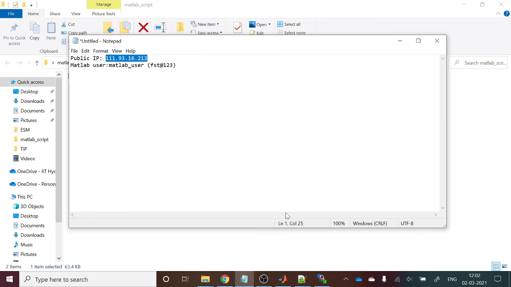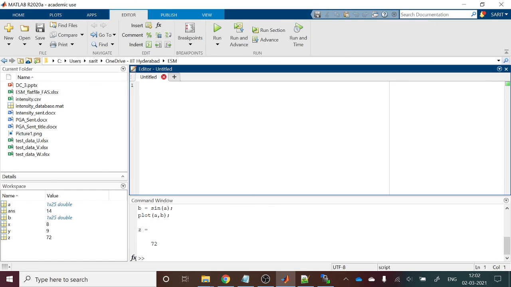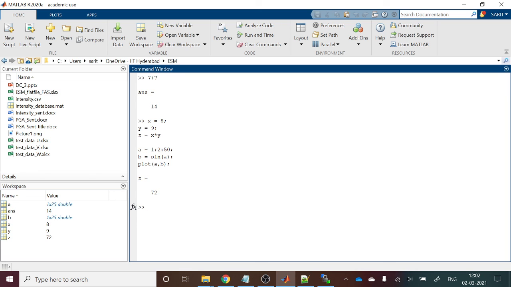Okay. So like that you can access MATLAB without a GUI, without a graphical user interface, and you can connect to our server basically through SSH. Please practice it. Whatever examples we are discussing in the class, please try to do it. Although the process may be a little bit lengthy, once you do it many times, it will be handy for you. You may find some other trick to do that. Okay, so practice as much as possible and prepare for the experiments. Thank you so much.